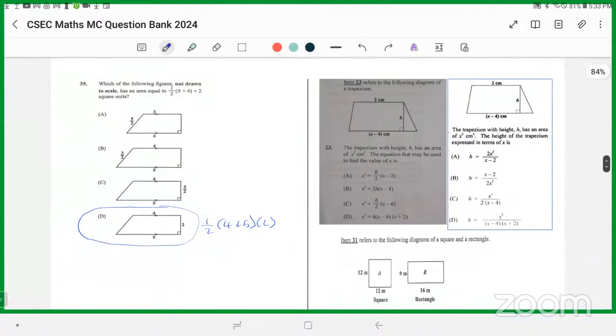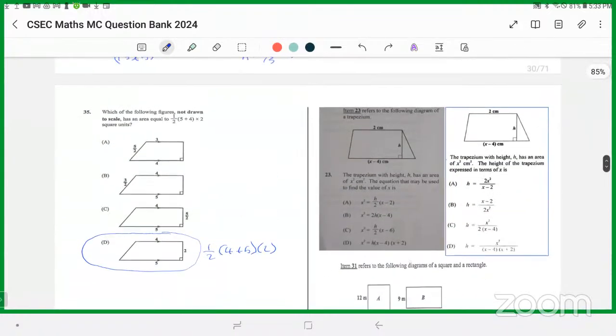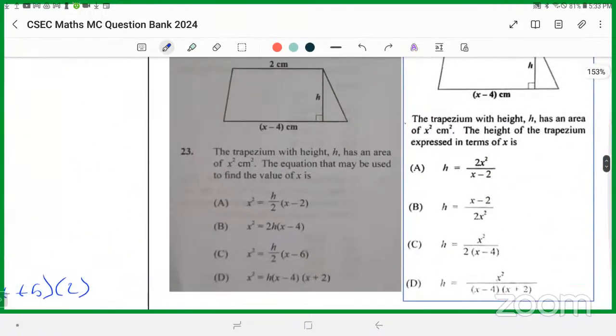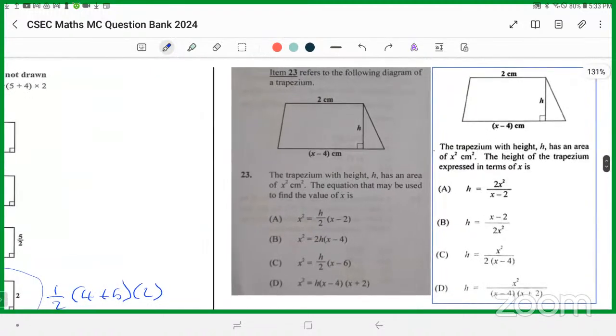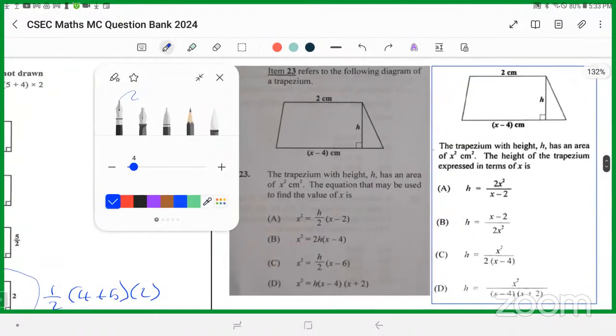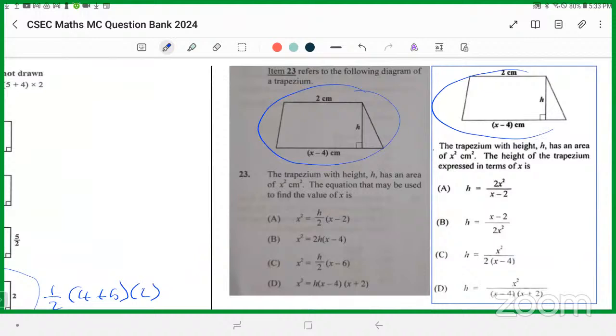All right, next one. More trapezium questions. These again are similar. These two questions have basically the same diagram. Let's see what the difference is. This one here says the trapezium with height h has an area of x squared. So it's telling us that the area is x squared. The equation that may be used to find x is that you equate the area